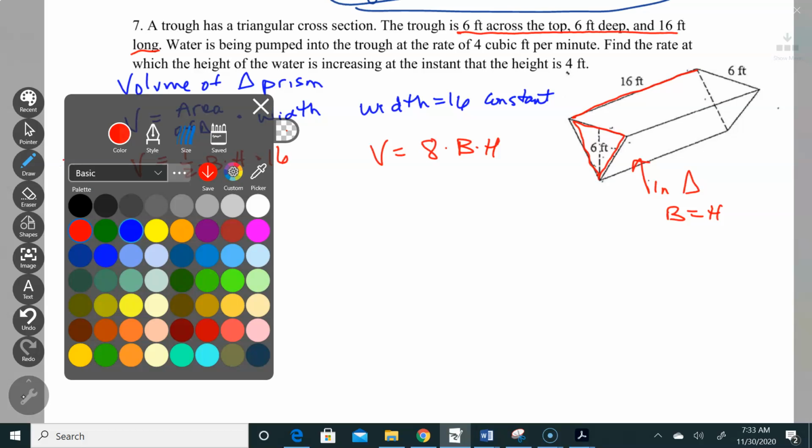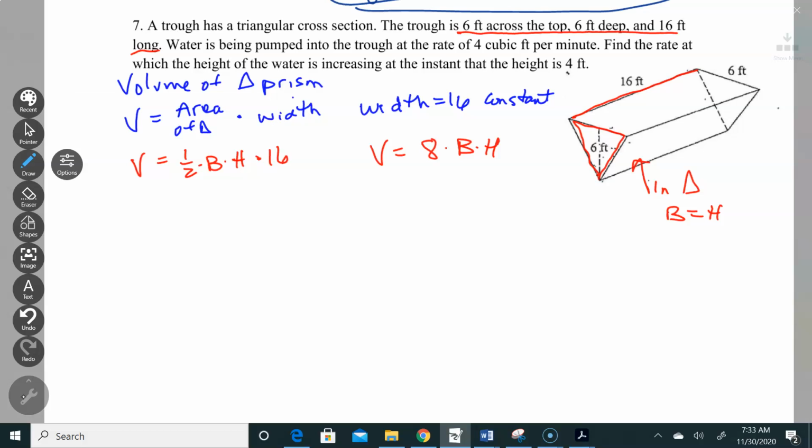So if I'm at 2 feet high of the water, it's going to be 2 feet across, because that's what's going on. The height is 6 and the base is 6. Man, I can't speak. Okay. So I can use that, and I can rewrite this as my volume is,